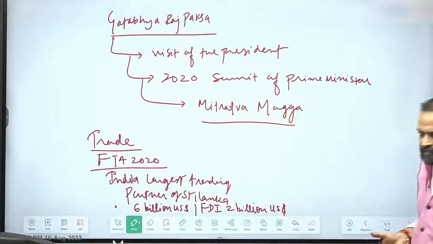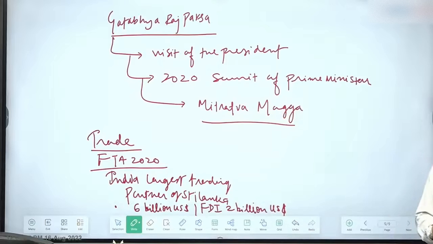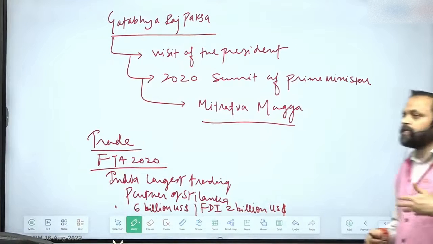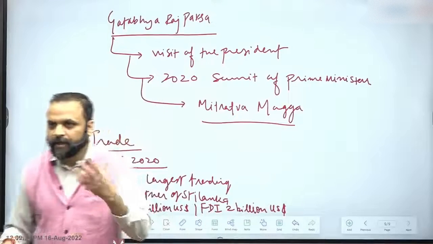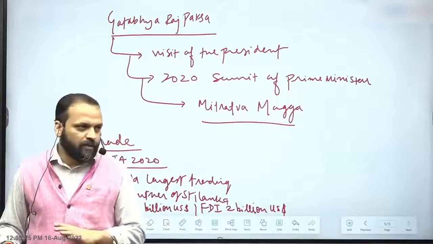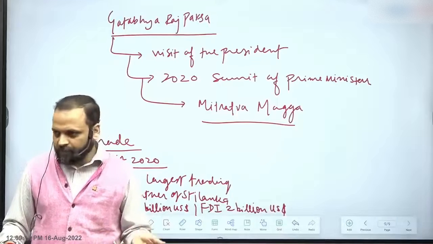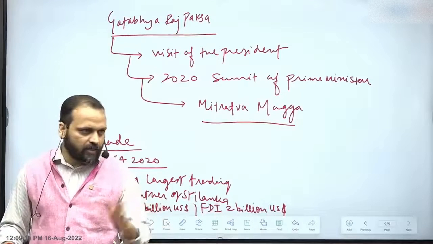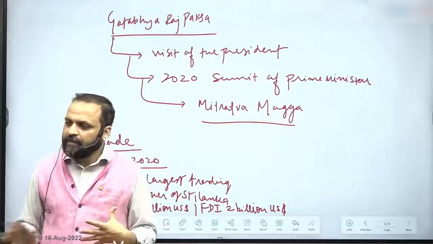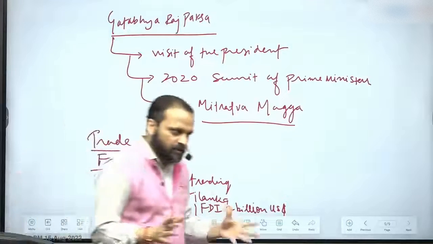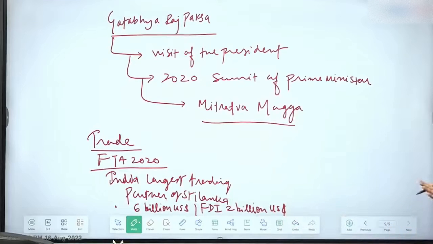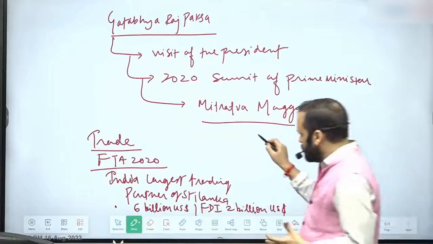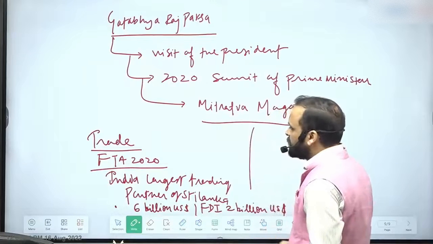Trade has to increase because India is the nearest large economy for Sri Lanka. So for example, import of petroleum in Sri Lanka is majorly from India. Their energy resources are coming from India. Medicines are coming from India. Certain agricultural commodities are coming from India. So trade remains important, right? That is the fundamental reality. We have a free trade agreement. Trade stood at more than 6 billion US dollars and FDI around 2 billion US dollars, right?